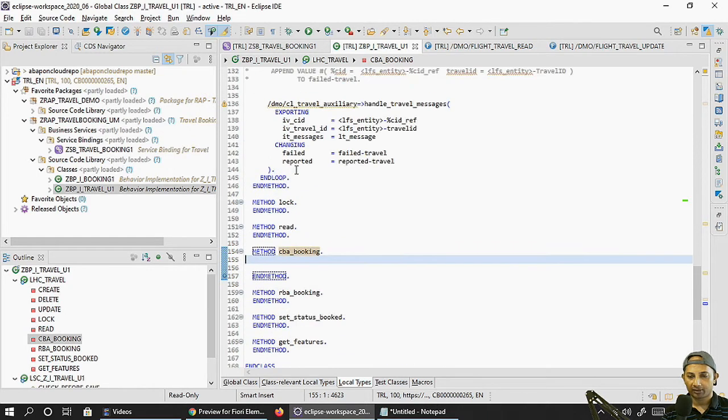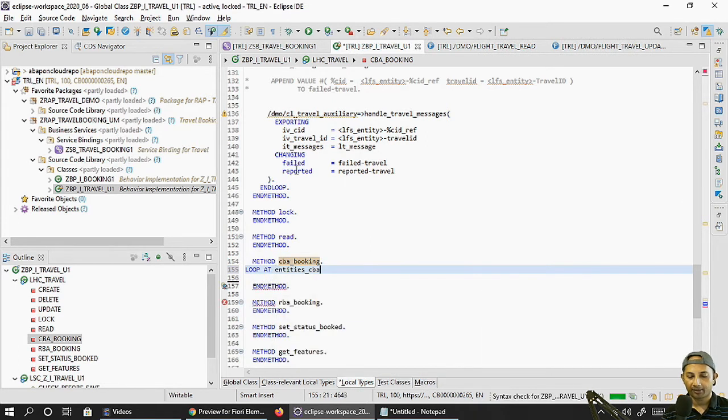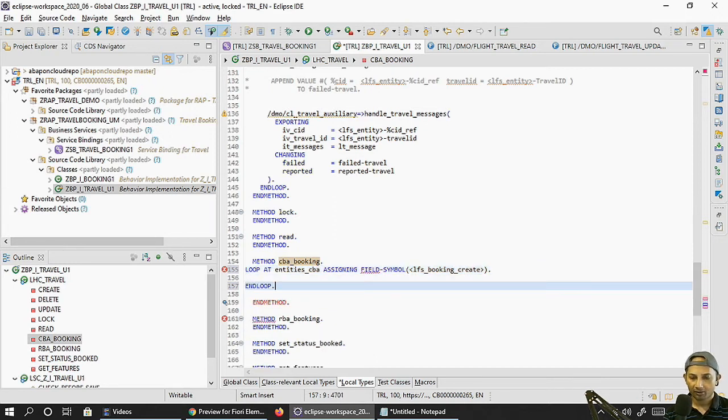Before that, I can just look at what things are coming in the entity CBA, assigning the field symbol that I'm going to name FS booking, sorry, booking create, right? So let's say this is my field symbol name, closing the loop.